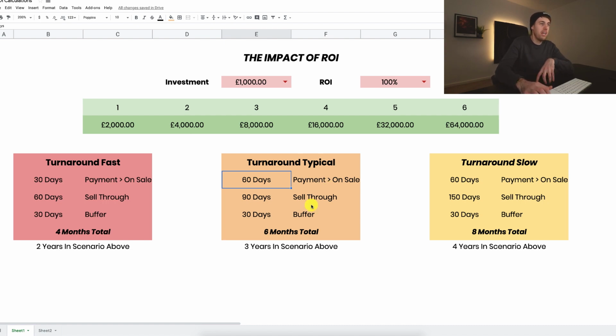And so what we're looking at here is obviously 60 days there, and then around 90 days to sell through the stock. You might order 500 units and you're selling 150 a month on average. It's going to take you around 90 days to sell through that stock. That's kind of the sweet spot that we tend to recommend you order for inventory purposes. And then I've added in here like a 30-day buffer. So that's going to give you a 6-month turnaround time, an investment cycle. So you put money into a product, get it produced, and it gets sent to Amazon, and you sell it through and you get that money in.